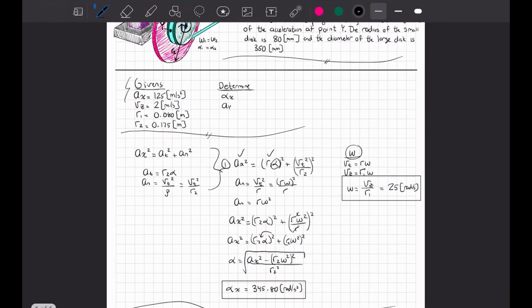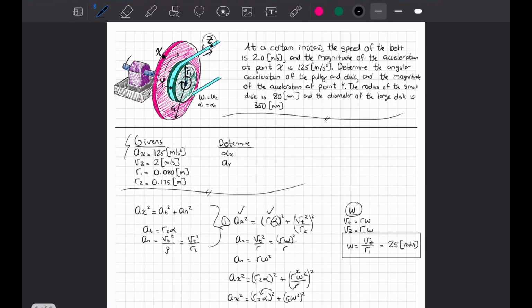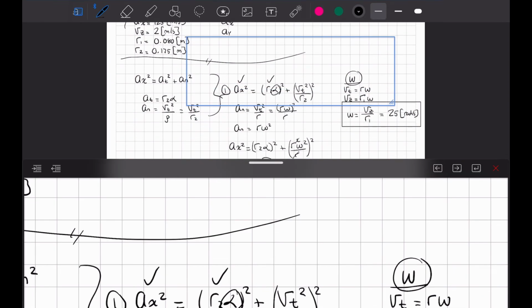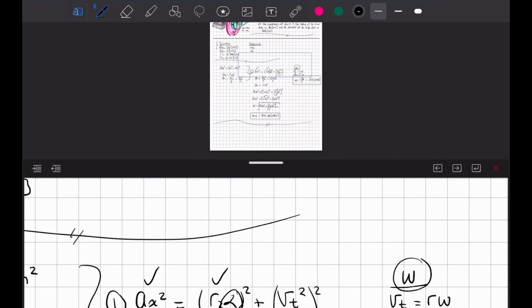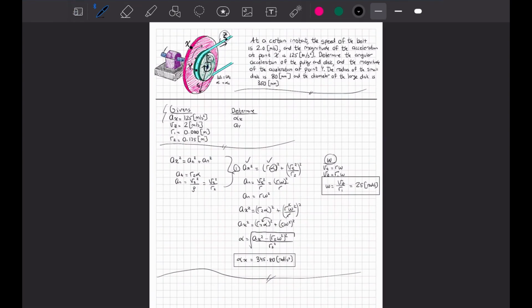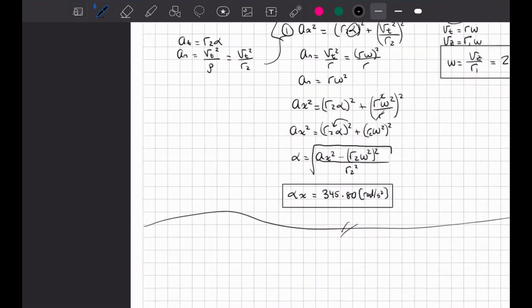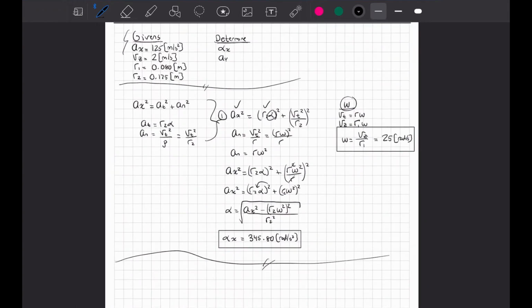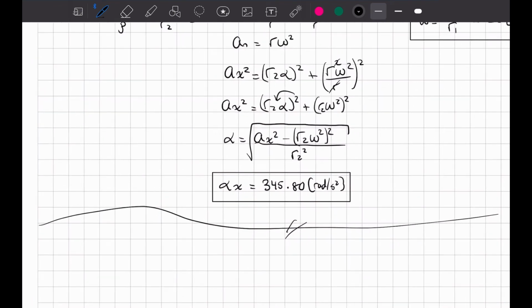Okay, so what's our next part of the problem? We want to determine the absolute acceleration at point y. So we can do something very similar. Let me zoom out real quick. I'll move my box down, and then we will continue. I'm still trying to figure out how to best show that, but I'll just zoom in here, and hopefully that works. But let me know in the comments if you would still like to see the picture as I'm working, and then I can try and figure out something. But yeah, so anyway, without getting too sidetracked,